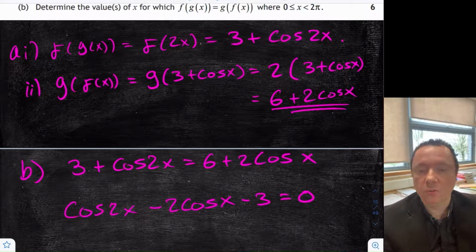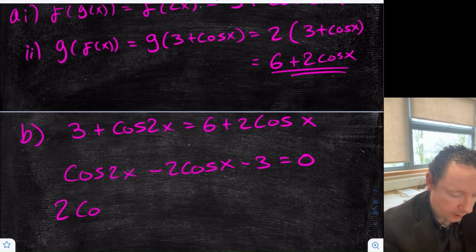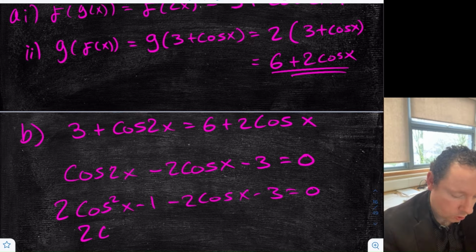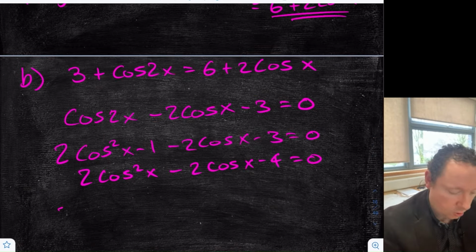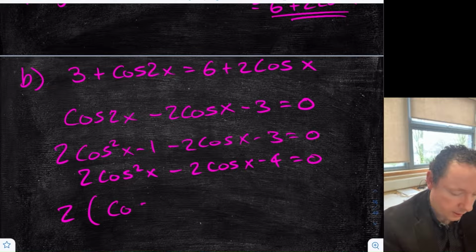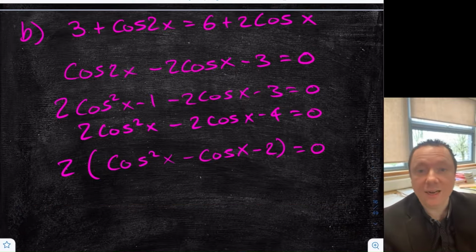So cos 2x we can expand using the start of the formula sheet. We're going to use the 2 cos squared x minus 1 form of it because we've got cosines for everything else. So that gives me 2 cos squared x minus 1, take away 2 cos x, take away 3 equals 0. Or 2 cos squared x minus 2 cos x minus 4 equals 0. So 2 is a common factor in this case, so I can just take 2 out as a common factor to get cos squared x minus cos x minus 2 equals 0,